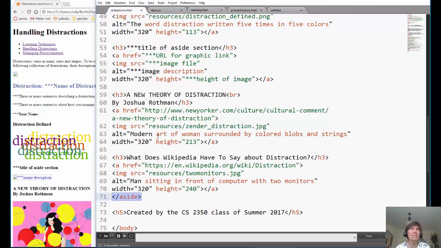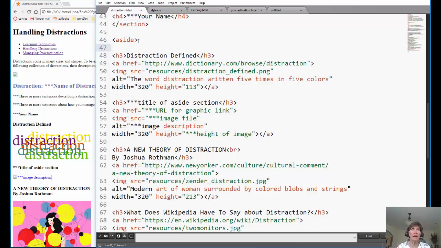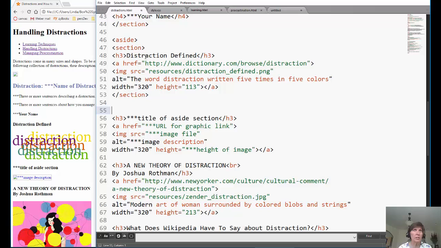Now the aside has several sections. So we're going to add sections inside aside, and each of these sections has a heading and a tags and an image, so a graphic link. All right, so each of those is a section. Now you can have sections inside of asides, or you can have asides inside sections. It works either way. But we're going to have a section here, and then it closes right here. And then we open a new section,